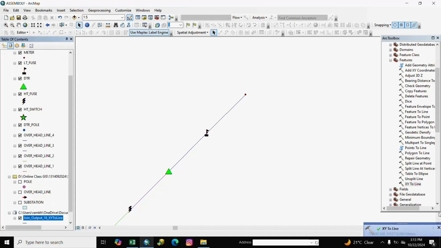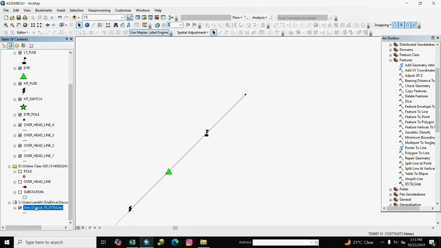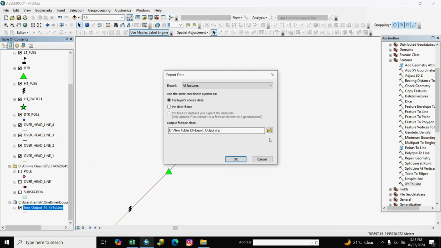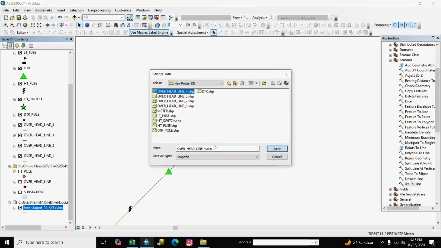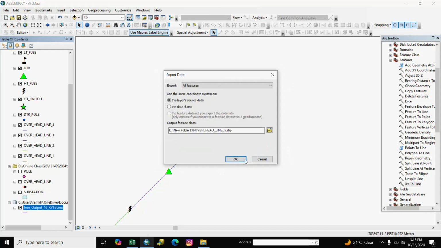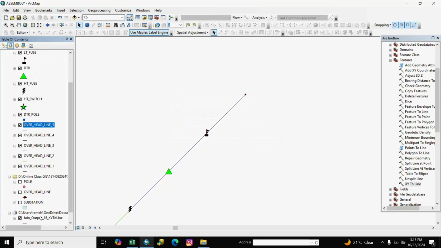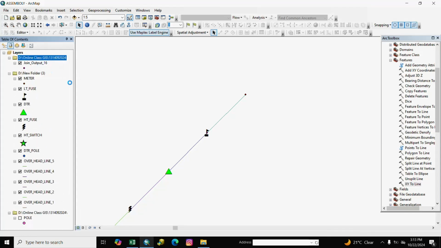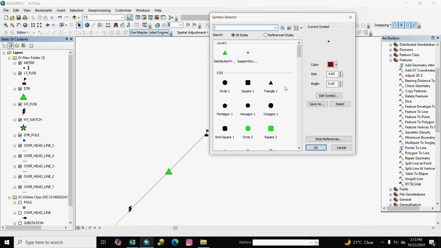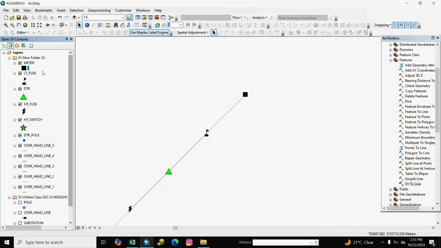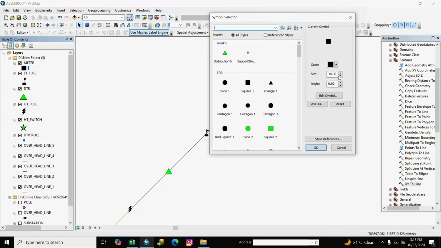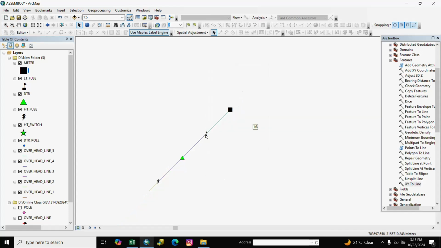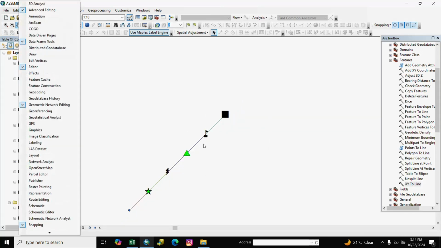Our line is created. We export it. And we remove output and change symbol. Our assembly is completed.